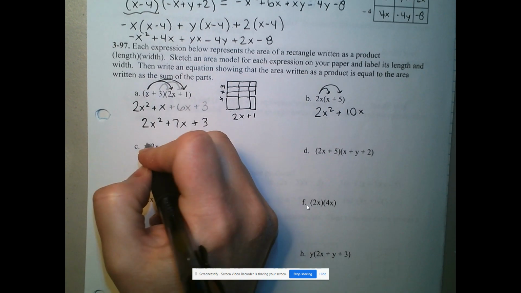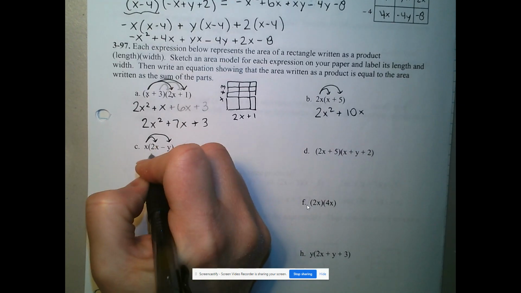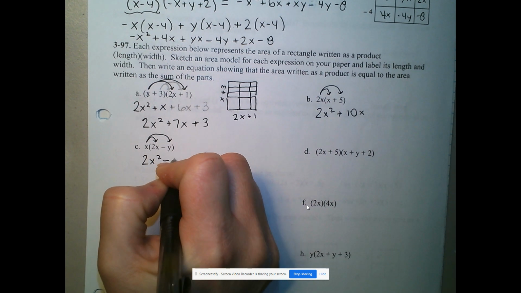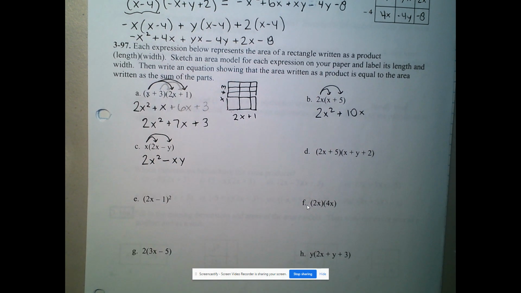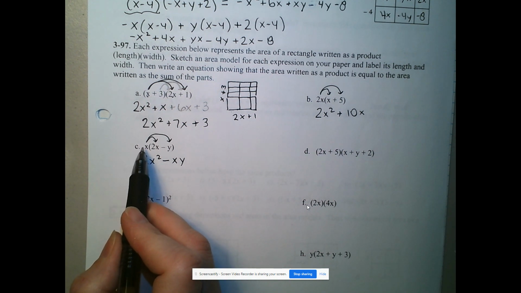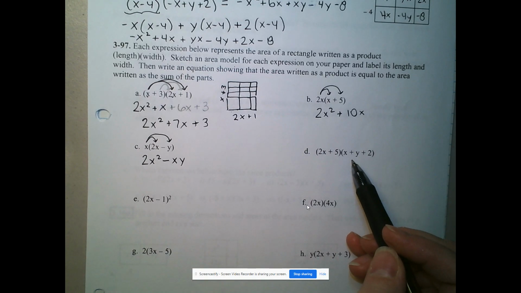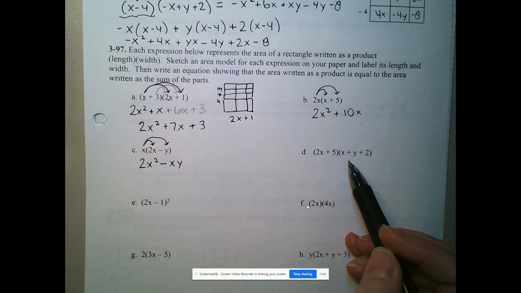Next one as well, distribute the x. 2x times x is 2x squared, and the x times the minus y would be minus xy. Don't forget, if it was subtraction, it stays subtraction because there was no extra negative coming from this term in the front. Now, this one is a binomial times a trinomial, which means that you're going to have to do